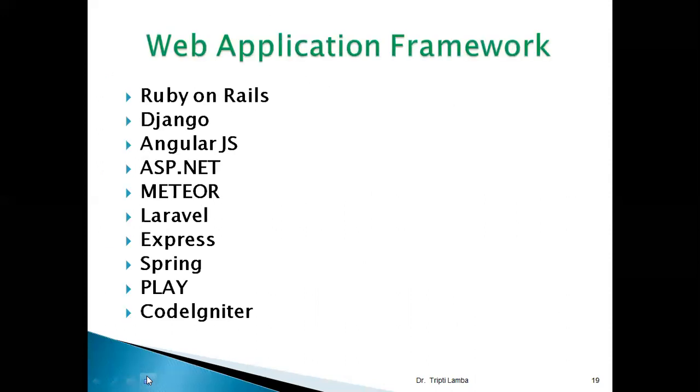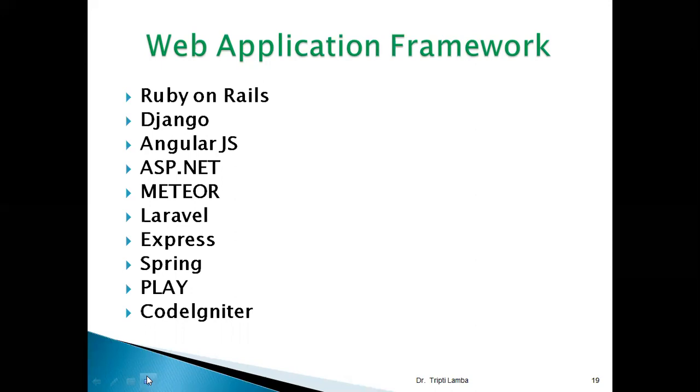Now let's talk about a few examples of web application frameworks. They are Ruby on Rails. This is an extremely productive web application framework. Then we have Django. This is used to build quality web applications. Developers feel that it is fast, secure, scalable, and versatile. It uses Python. Then we have Angular, generally called AngularJS. This is also used by developers quite often. This is a framework by which Google helps us build powerful web applications, and it uses JavaScript.